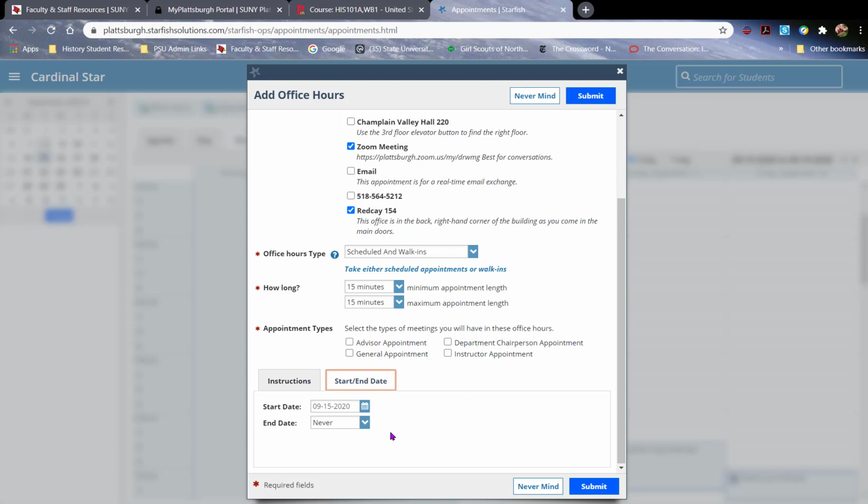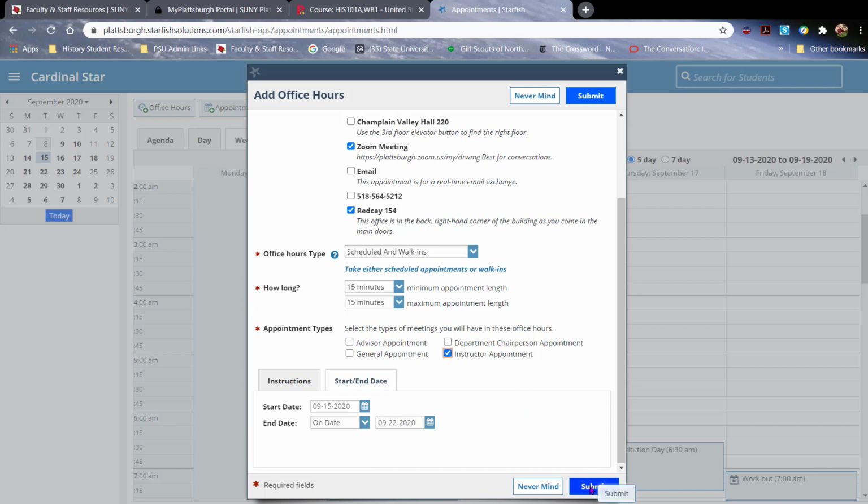Set a start and end date. I'm going to choose a particular date to end on. You can also choose end of term, in which case you have to choose the term that you're talking about. So I could keep this going until spring of 2021 if I wanted to, but I don't. I'm going to end it on the particular date. When that is submitted,